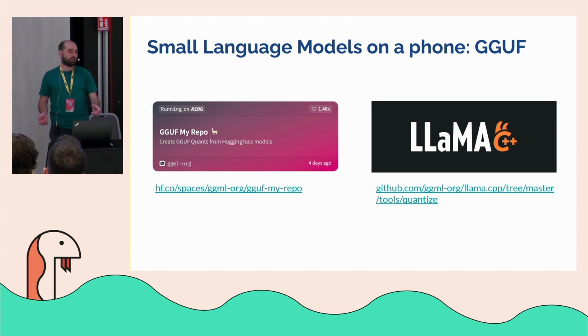And there are two ways to do this. You can use this Hugging Face space. You put your model there and you wait. Or you can go the programmatic way using this Llama CPP script. And once you have a GGUF model, and you can find many of them on the Hugging Face hub, where people are constantly creating quantized versions of models,